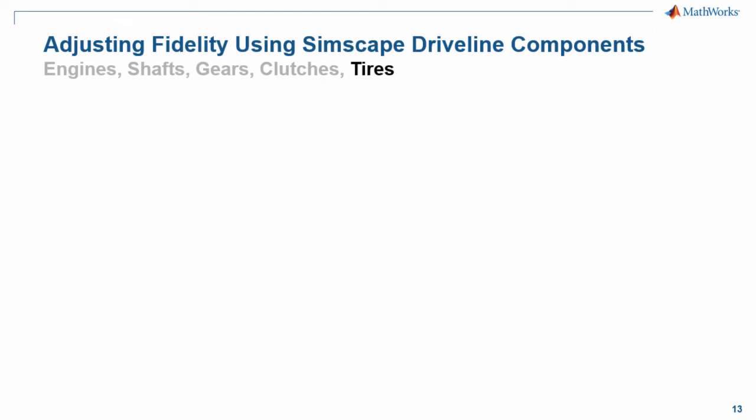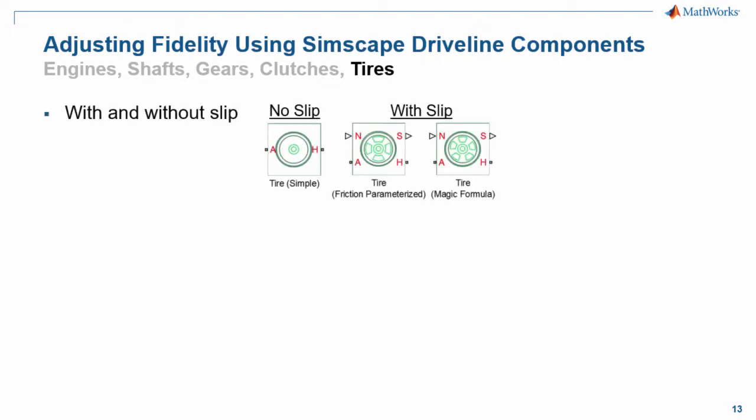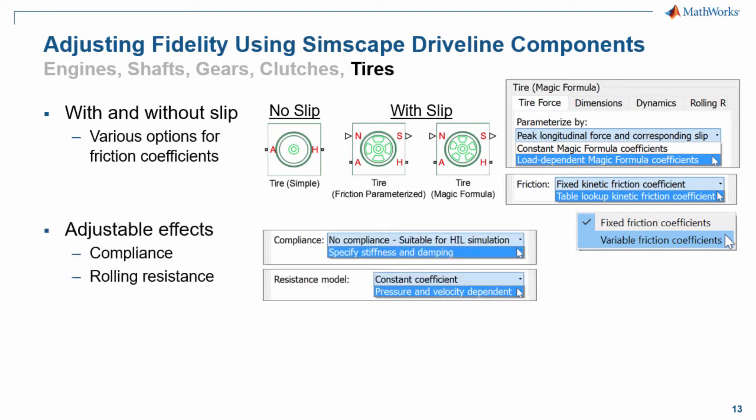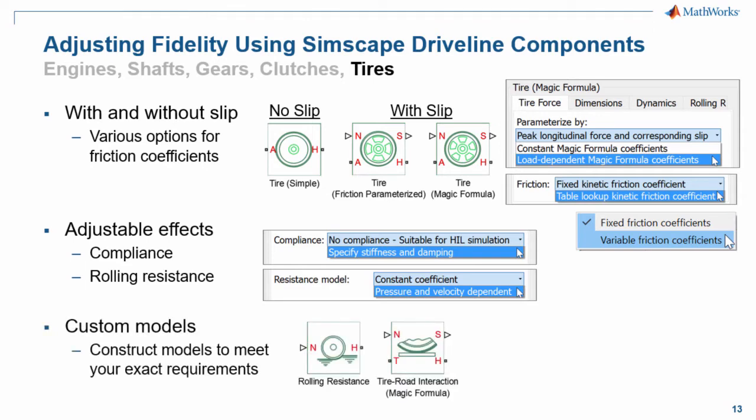Simscape Driveline also provides tire models. They are with and without slip, and there are various options for the friction coefficients, including friction coefficients that vary based on an input signal. You can adjust the effects in your tire models, such as adding or neglecting compliance, and adding and neglecting rolling resistance. Finally, if you wish to create your own custom tire model, we provide a set of components that you can use to assemble a tire model that meets your exact requirements. Within Simscape Driveline, there are a wide range of components, and you can adjust the fidelity to exactly meet the